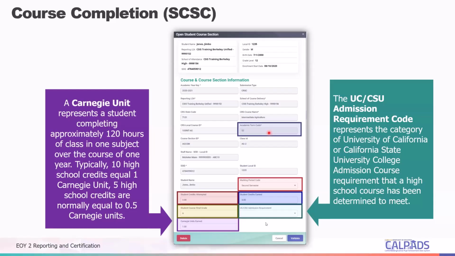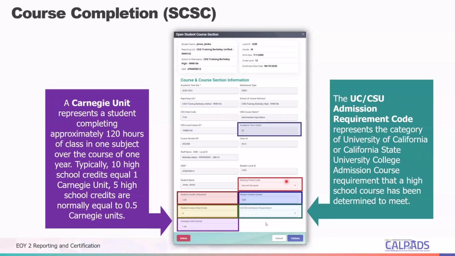Even though the CRSE record is there, there are times when the academic term code is the culprit, where the CRSC may contain a full year, while the SCSC will contain S1 or S2. So just bear in mind of that nuance.